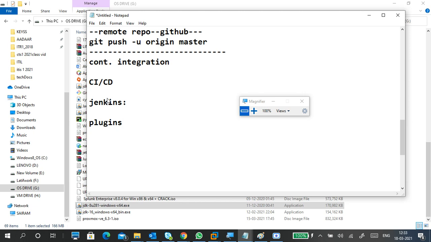So it will support Git, it will support Maven, and a different kind of version control systems. It supports build tools, like Maven and Gradle, this kind of stuff. Okay, test tools. What are the test tools you can say? Selenium, JUnit, NUnit, like that. Testing part it will support.